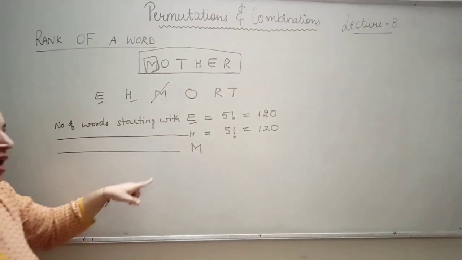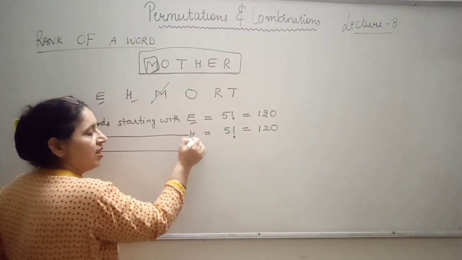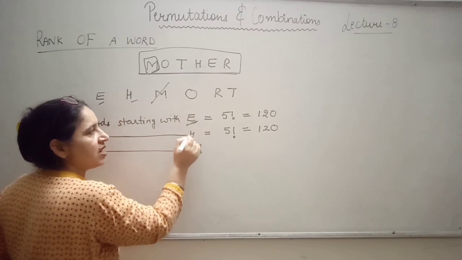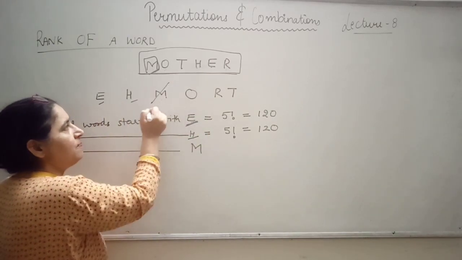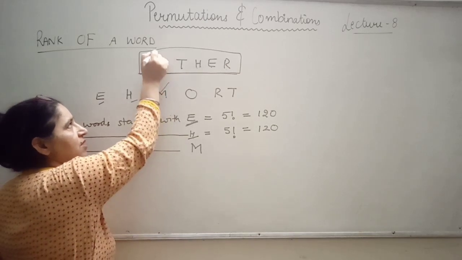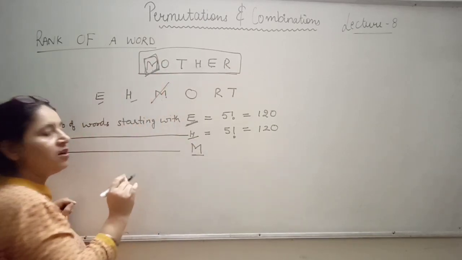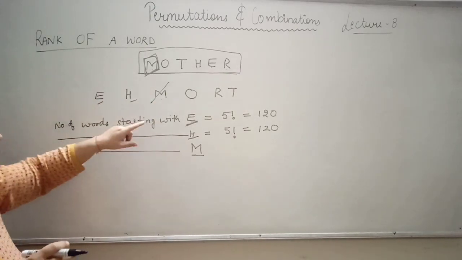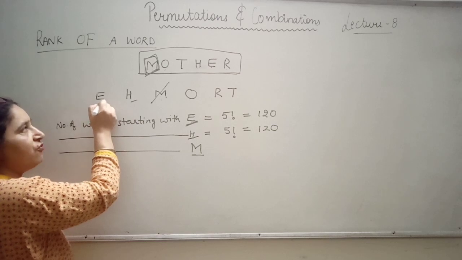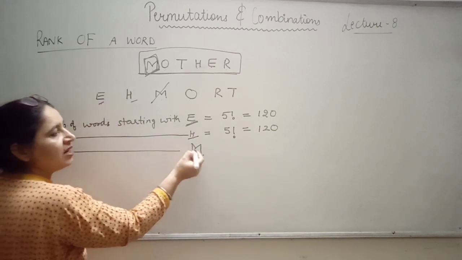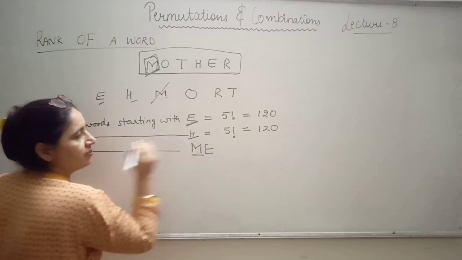Cancel it, and again I have to take one letter. Otherwise we were starting with only one letter. Now this is over. Now M, I have got this M here. This is at this position, first position, and this is also here. It is same. So I have cut it, and again I will start from alphabetically E, but that will be along with M. So M E.